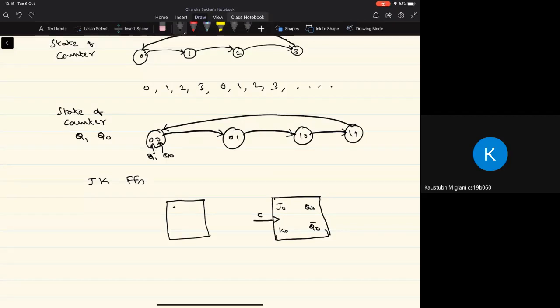Right. So the other flip-flop will be indicated by J1, K1, its output Q1 and its output Q1 not, and it will also have the control signal, right? And when we say it's a sequential circuit, which is a synchronous circuit, both these control signals are connected together, and typically this will be connected to what is called the clock input, right? So the clock input will be typically a signal like this, right?